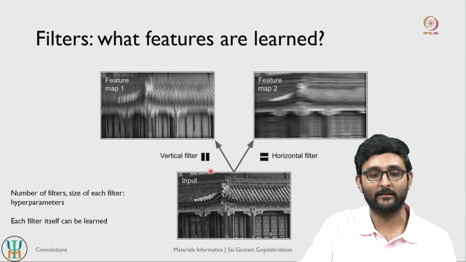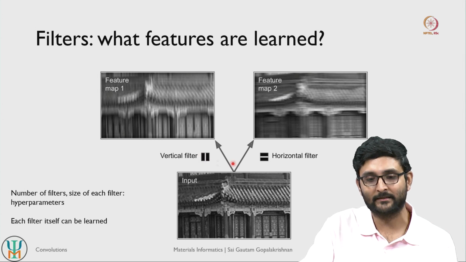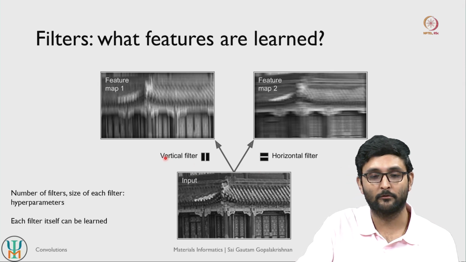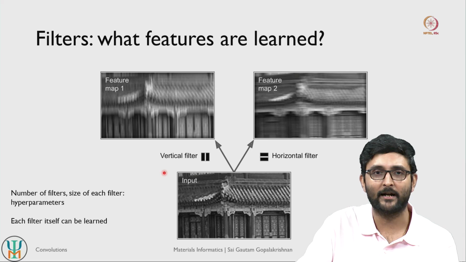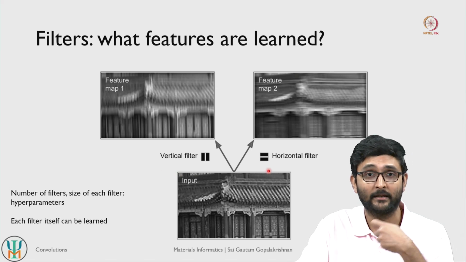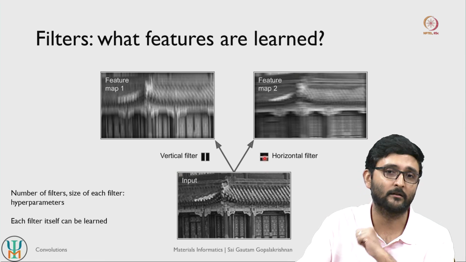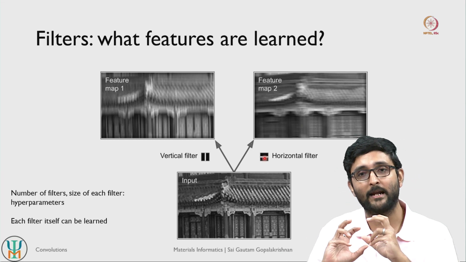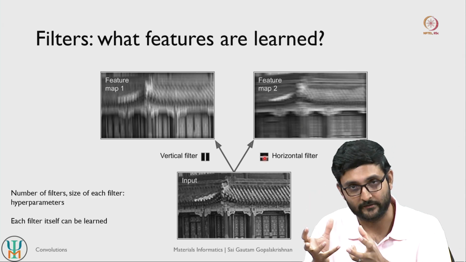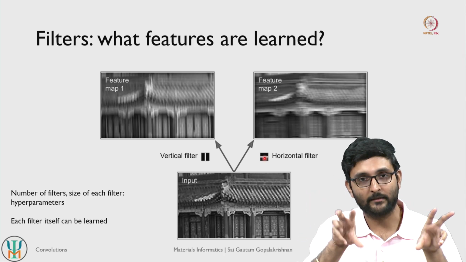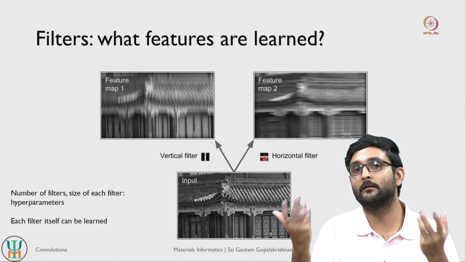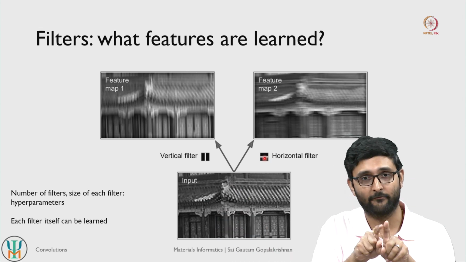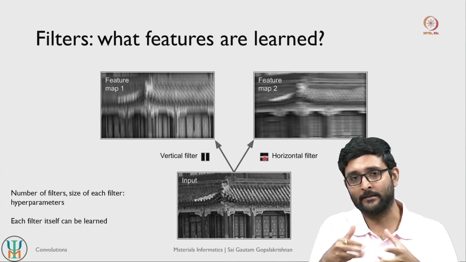So in this case, maybe we say that identify 2 by 2 pixels and identify 2 filters that are most relevant, and the model itself will try to identify, let me try to identify all the vertical white lines, and let me try to identify all the horizontal white lines, right. So that's how the model may react, or the model may try to learn the important features, right. So what filters the model is actually using, you will allow the model to learn by itself, but the number of filters or the number of features that the model is learning and the size of each feature, that is something that is a hyperparameter that you can tune.